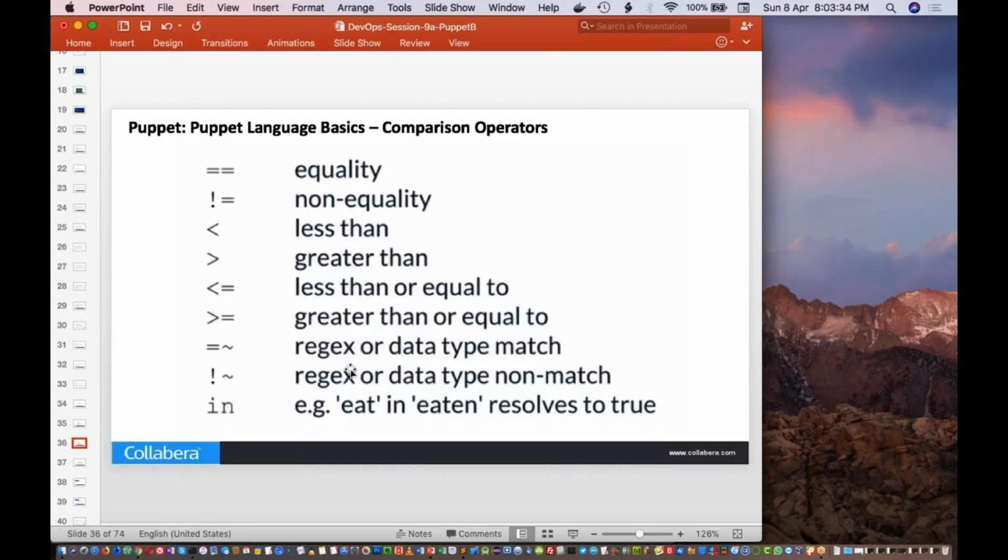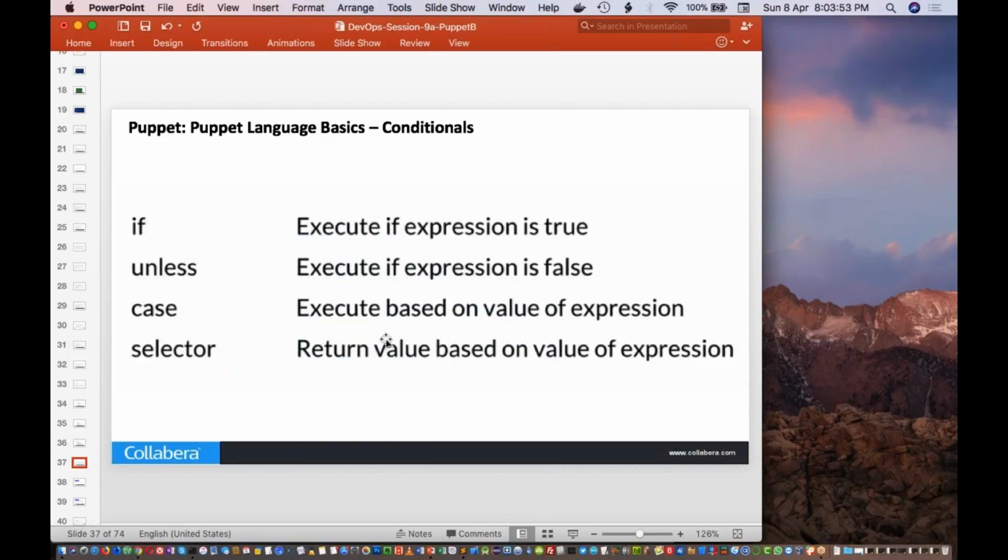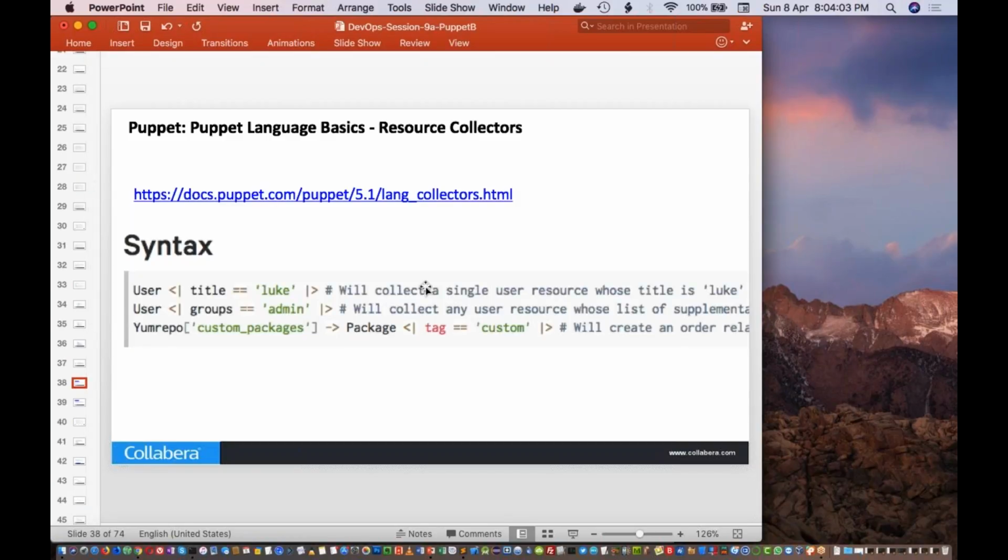This is similar to most programming languages. Regex matching is also possible with Puppet using these formats. The in operator is also available to check whether a particular value is there in a string. Then for conditions you have if, unless, case, selector, and else if.